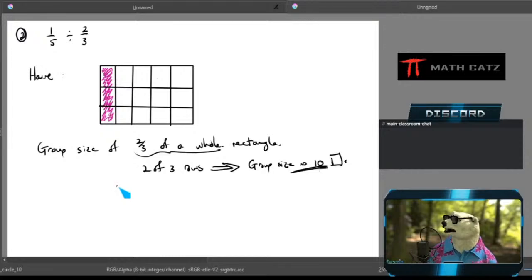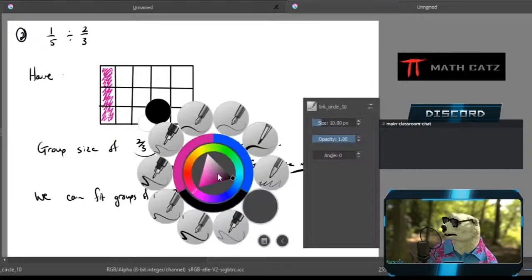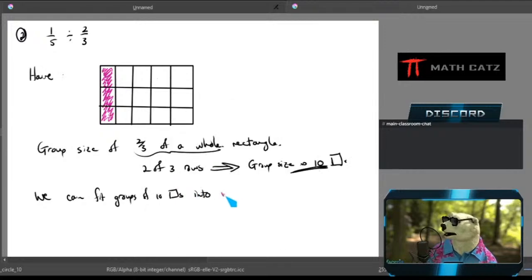Now the instructions tell me to fit a group of 10 as many times as I can into what I have. We can fit groups, let's say, of 10 pieces into, I'll emphasize, what we have